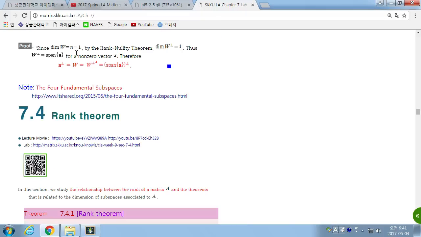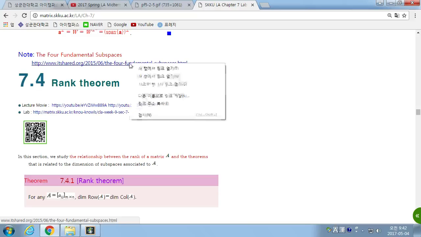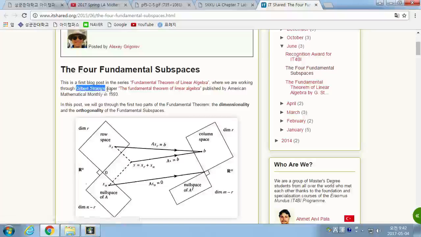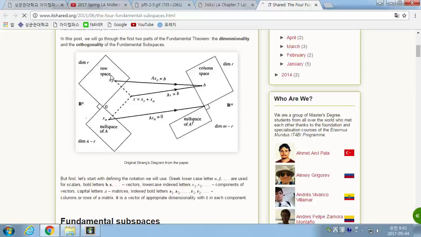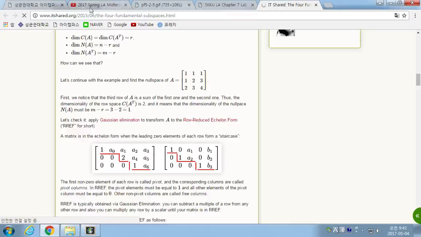오케이? Yeah, since W's dimension is Z-1 by the rank nullity theorem, so this proof is null space dimension is 1. Okay, next. For fundamental subspaces. 이거는 길버트 스트랭 교수가 그린 그림이에요. 행렬 A가 있으면 로우 스페이스가 있고, 컬럼 스페이스가 있고, A의 널 스페이스가 있고, 컬럼 스페이스 쪽으로 생각하면 A 트랜스포즈의 널 스페이스가 있죠. 이들 사이의 관계가 여러분들이 고민한 것들이 해결될 수 있다는 것을 쭉 설명해 준 내용이고, 그 내용이 우리 책에 있는 거예요.